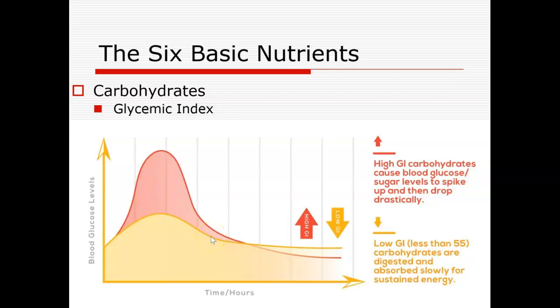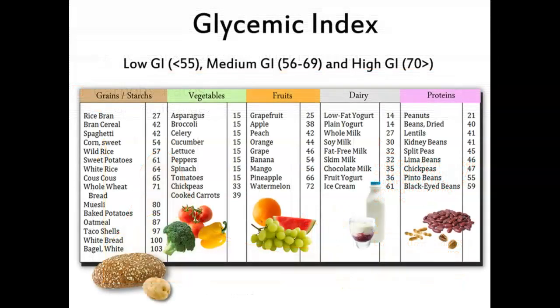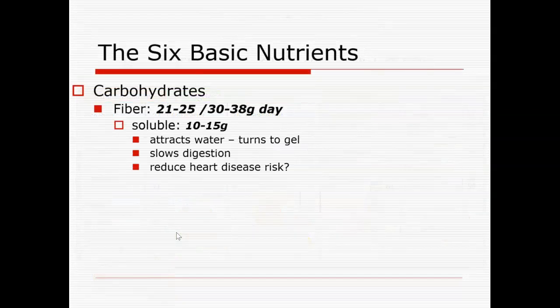And you can probably guess that the high glycemic index foods are not as healthy as the low glycemic index foods. Just generally, you don't have to know what specific foods are where, but you probably want to know what is low and what is high. If you want, pause and check that out and see what foods are high, what foods are not. Usually the refined foods are a little bit higher. Taco shell is a good processed carbohydrate, which gives us a pretty high glycemic index. These are the numbers you have to know.